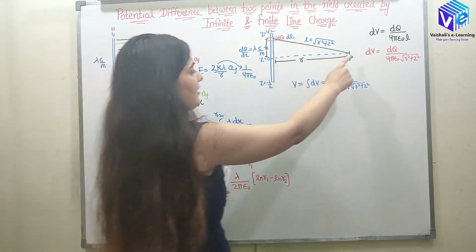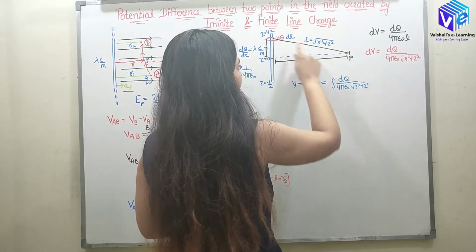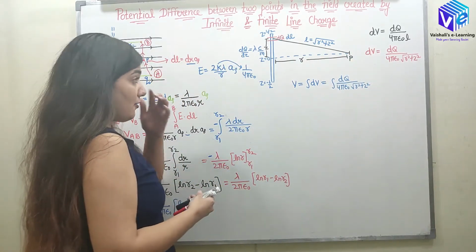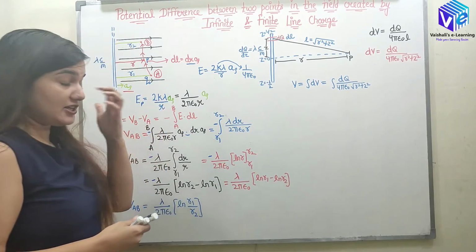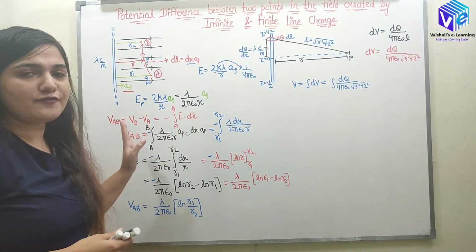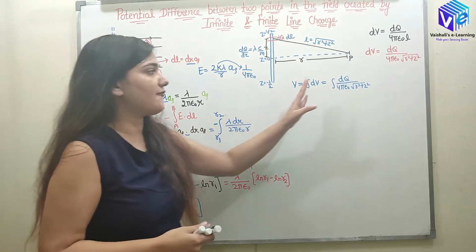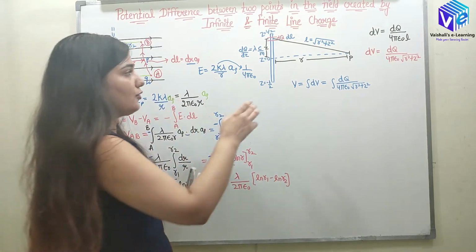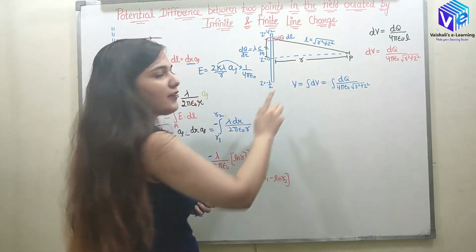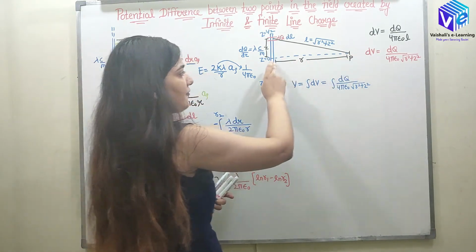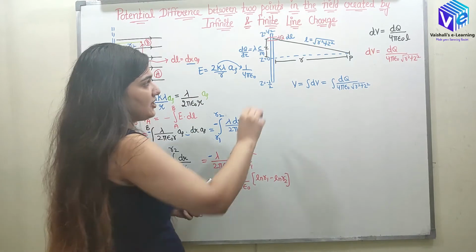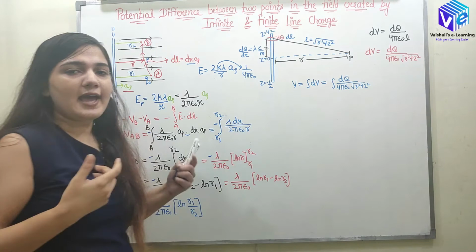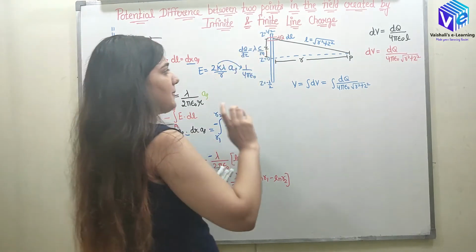Okay, so now here if I combine this point to the required observation point P. So now if I have to find out the potential at the point P, here I am not finding out the potential difference, here I am finding out the potential at the required point. Okay, so now this r distance is fixed. Okay, the point P is at a fixed distance from the line charge. Okay, let this dq be at any random point, and this random point is represented by z.